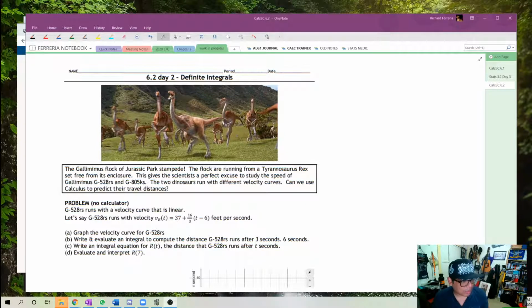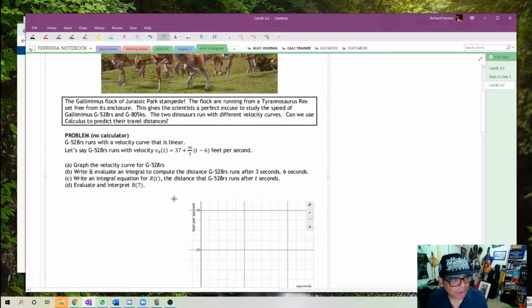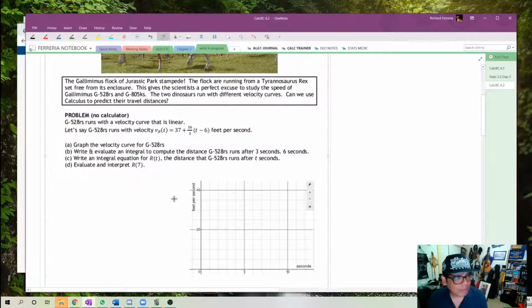G528RS is running with a velocity curve that is linear. Let's say that this velocity curve is 37 plus 16 thirds (t minus 6) feet per second. Part A, graph the curve for